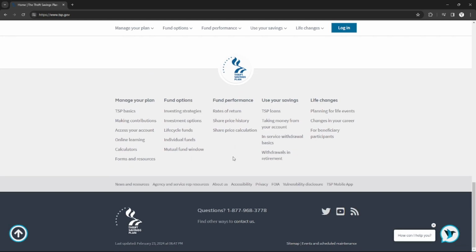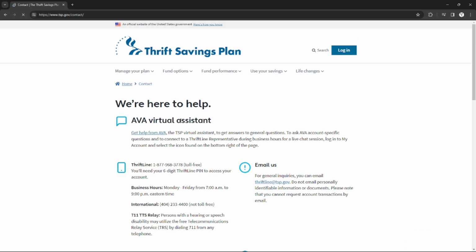So just scroll down. As you can see right here, there will be a number. This one, 1-877-968-3778. You can contact this number to get assistance from a customer service agent from TSP Gov. So yeah, if you want more, just click contact us and you will be redirected to this page